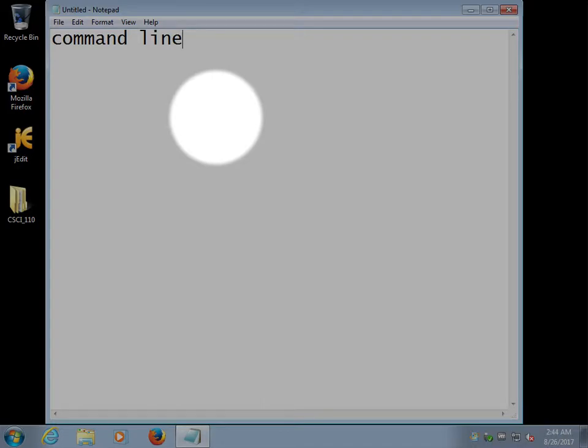So in this video, we're going to see a small amount of commands that will allow you to get around in the command line successfully, and then from there you can build on other commands as you need them. The commands that we're going to learn today are all abbreviated, and if you watch the Mac video, the ones that I was showing in the Mac video are Unix commands. These ones are DOS